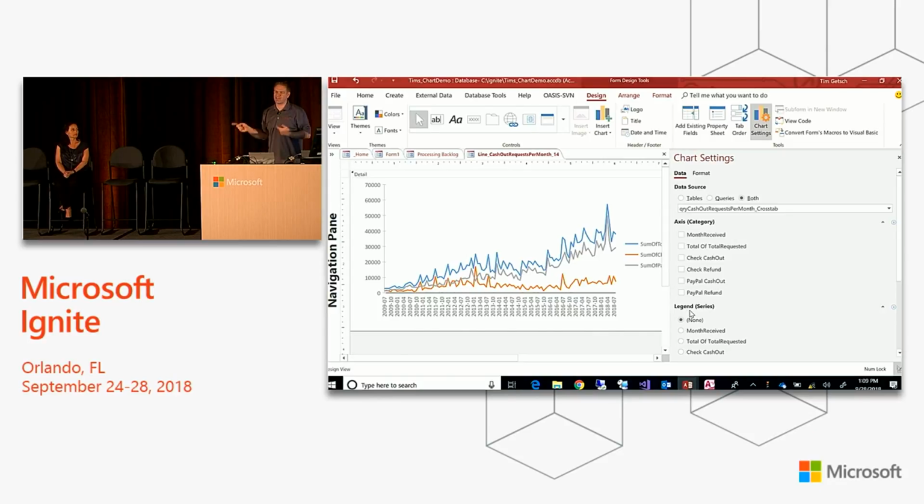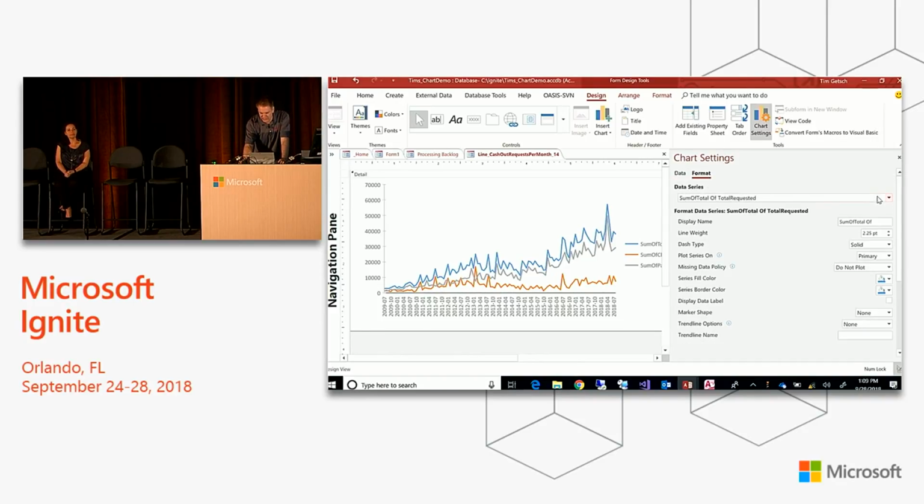Now, it doesn't have the exact same colors of the lines, so I can go to the Format tab, and I can choose each of those 3 lines, and I can edit the colors if I want to change the colors. So I can do that. That's pretty tedious. And I mentioned we have 50 of these in the database, so I played with the object model, and